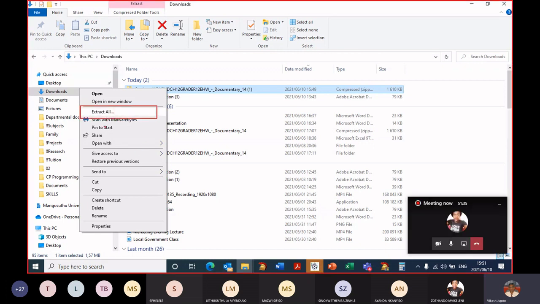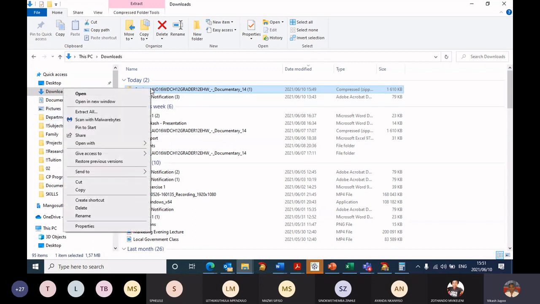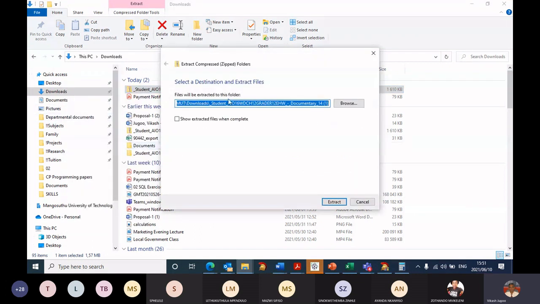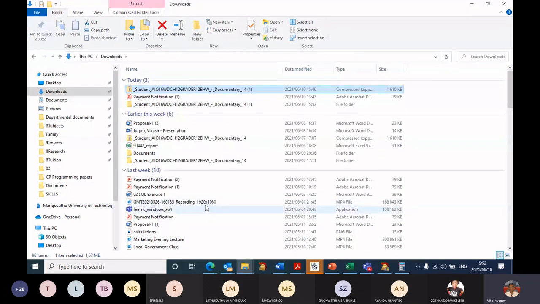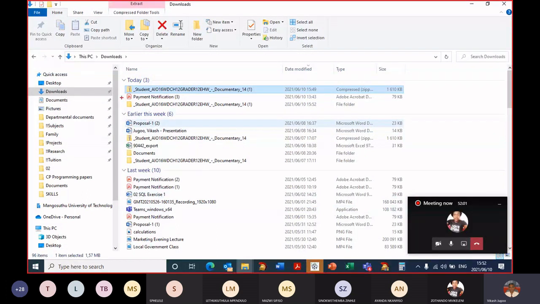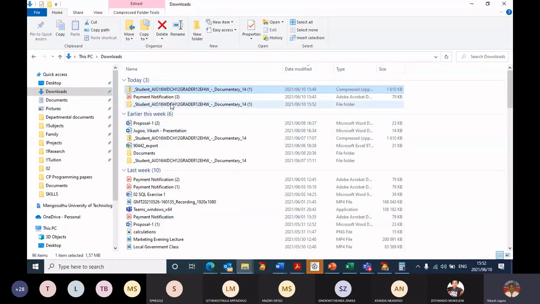You say extract all. So I'm going to do it again, right click, and I'm going to say extract all, and it's going to go through an extraction process, and I want to save it in the same folder as downloads. So I'm just going to say extract. The computer has now extracted, and now if you look very carefully, this is the folder we want. Can you see that? It's no longer a zipped folder like that one. It's not zipped anymore. So if I now double click this,